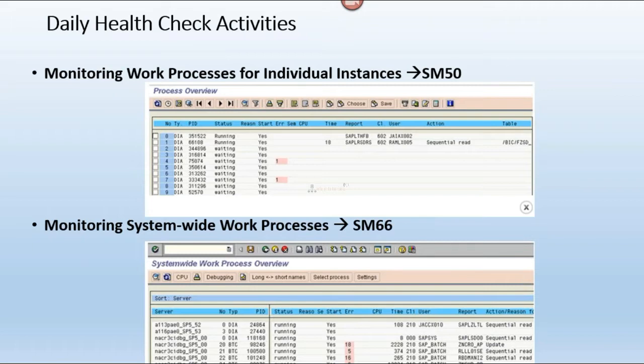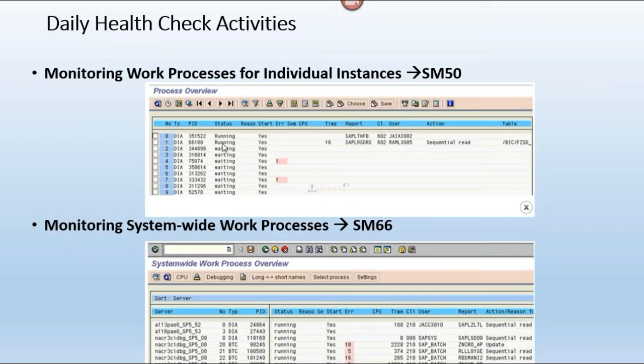Why? Because if there is an RFC, the RFC can call a dialog work process. If there is any other dependency request, it can call a dialog work process. How exactly will we identify, among these 10 dialog work processes, which is the dependent dialog work process?